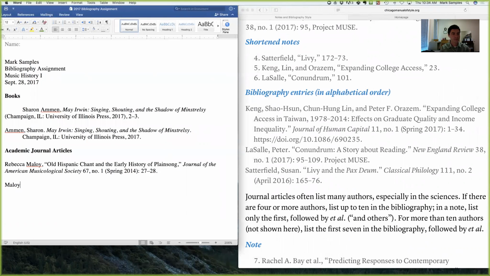Last name first, period after the name, journal article title, and then the punctuation here at the end of the title, we can find it here, is a period, okay? So we want to put a period,